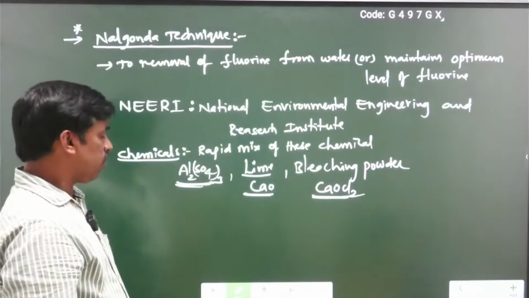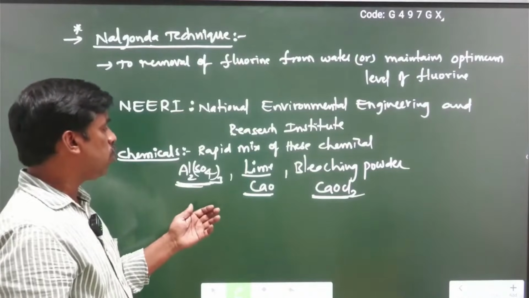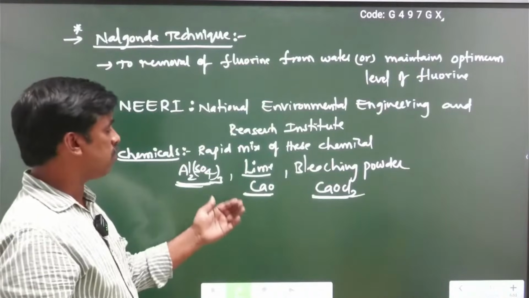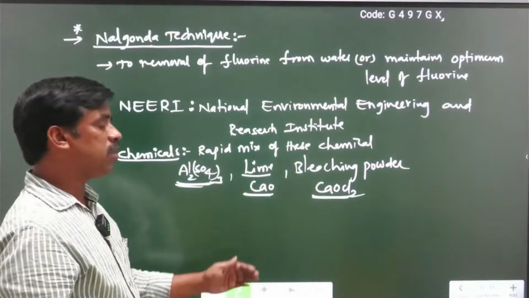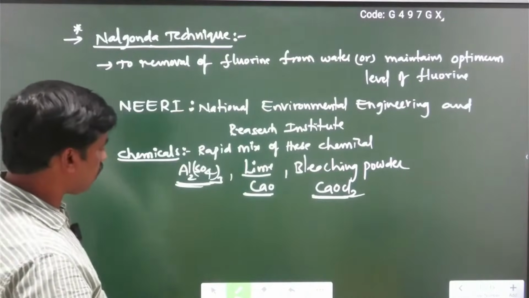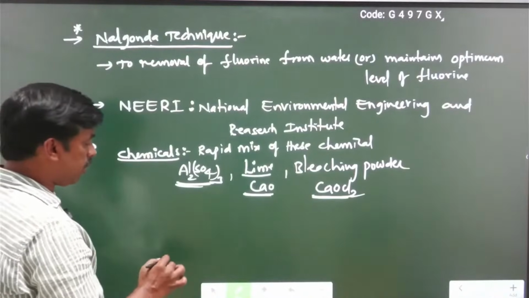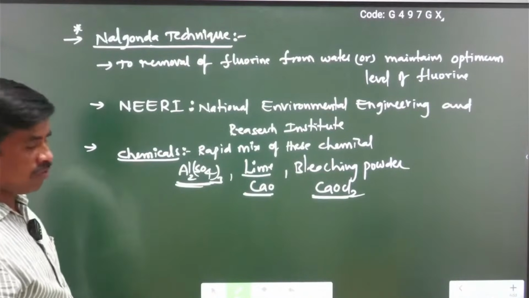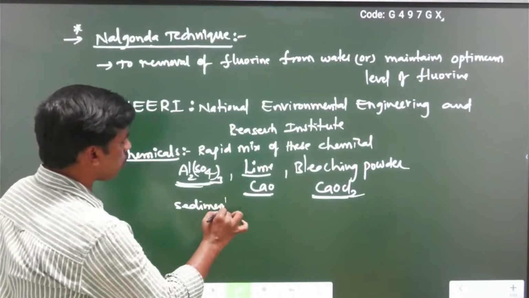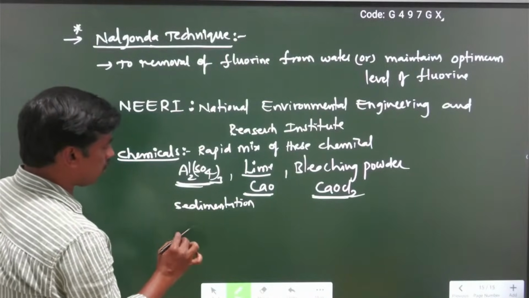After sedimentation, the dissolved suspended colloidal impurities do not precipitate immediately; it takes more time, and after the sedimentation process they slowly precipitate. While adding all these chemicals, precipitates are formed, and these can be removed by the filtration process. Here, what are we going to form? Sedimentation. After that, flocculation.